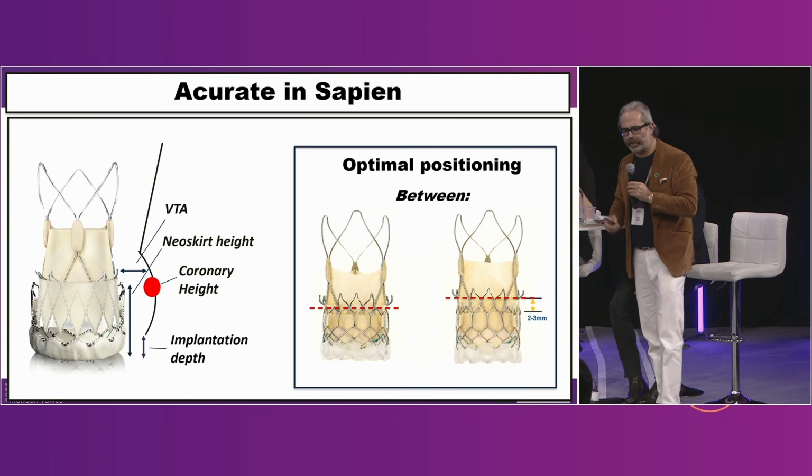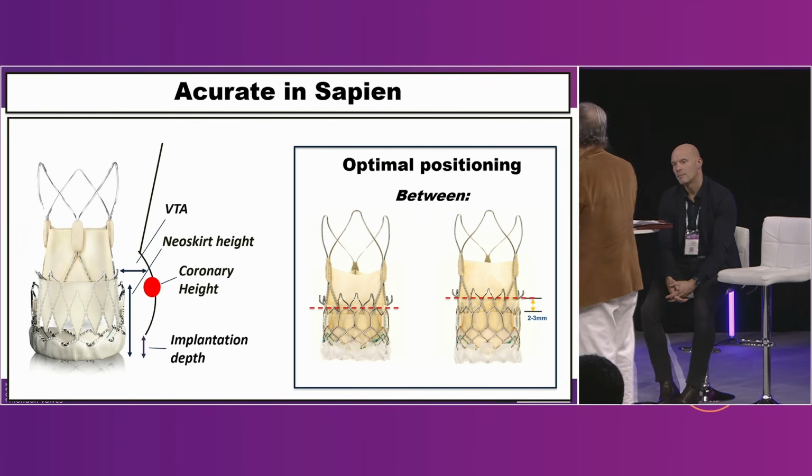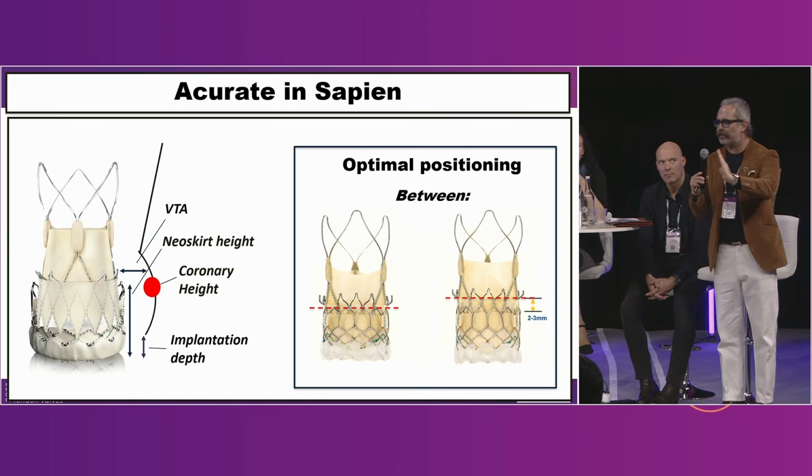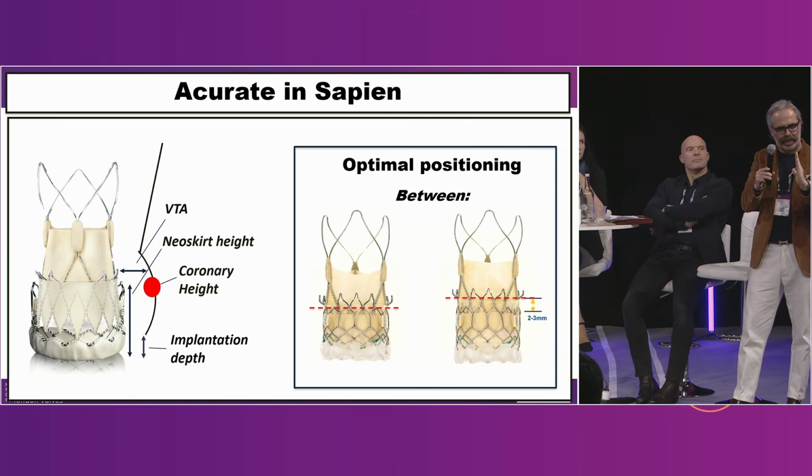Okay, what is the risk if you go too low? This is pretty much the same as with the bicuspid valve. If you stay too low, you have a restriction that is created by the struts of the Edwards, pretty much like the raphe in the bicuspid valve, and because of the hook, you cannot expand the ACURATE. This might be one problem. So you need to stay above with the hooks compared to the top row of the Edwards, and you don't have to stay too high, otherwise it's very difficult to tilt up completely and smash the leaflets of the SAPIEN that stay before in. If you have any other comments, you can add something.